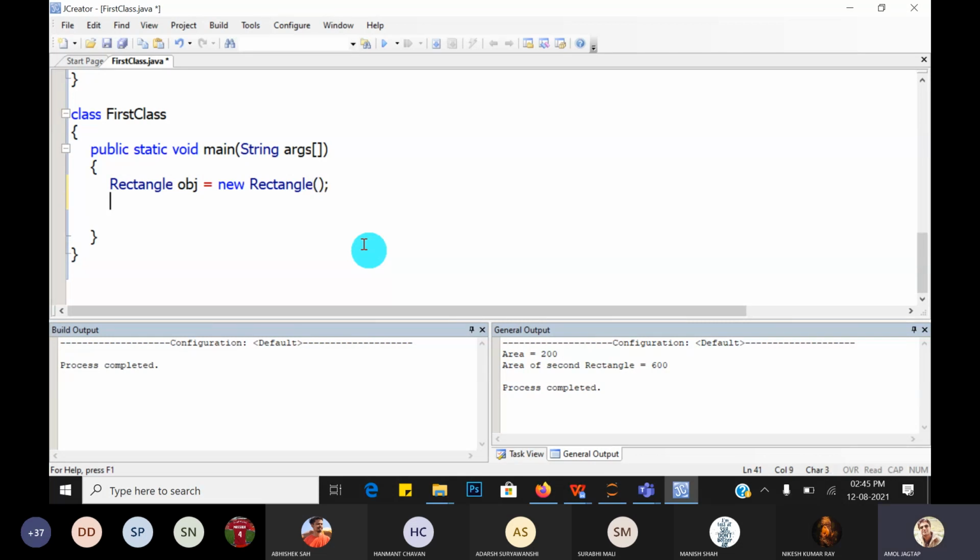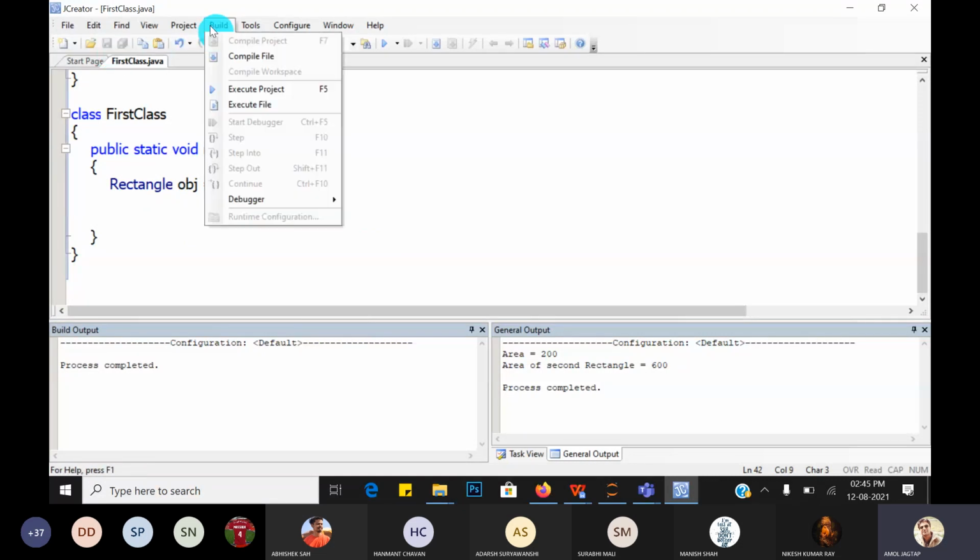Okay, if we create it like this, what happens? Let's check. Object dot... okay, so the object dot getData method. No, there is actually no getData method that exists. So how do we call it? If you write like this and simply compile,